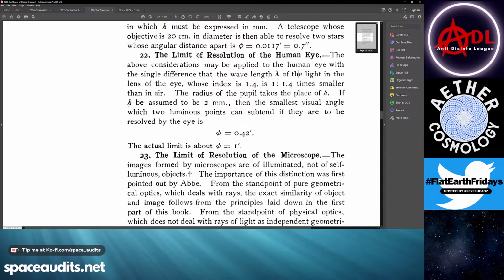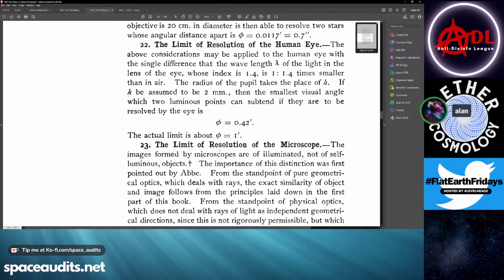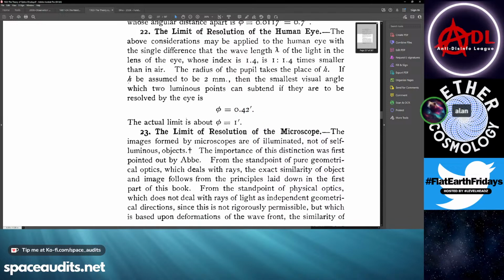Minutes. Oh, minutes. Sorry. Thank you. Yep. Single tick for the minute, double tick for the seconds. All right. And then the actual limit is about phi equals 1 arc minute. Oh, so this is the real limit, and then this is like the approximation, or what? Close. That's the approximation, reified math, general as average, as opposed to empirical.